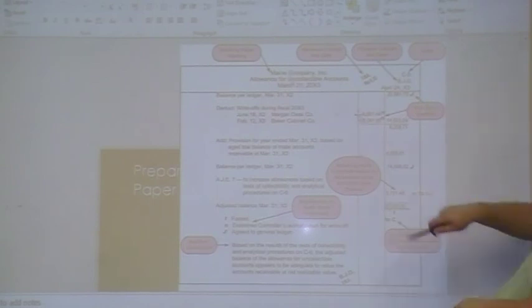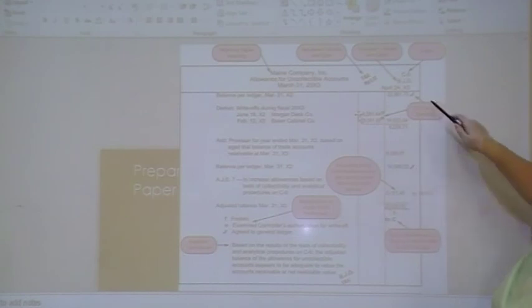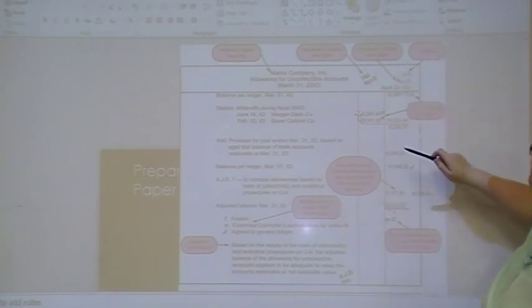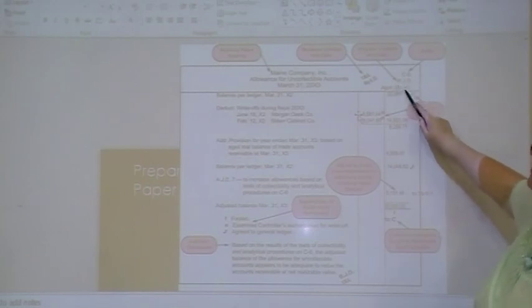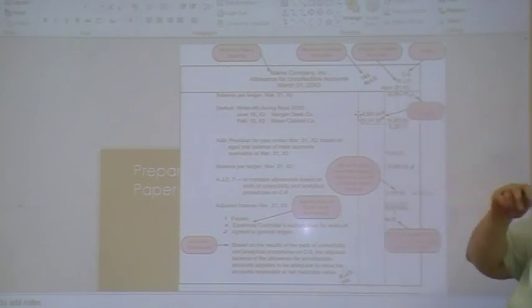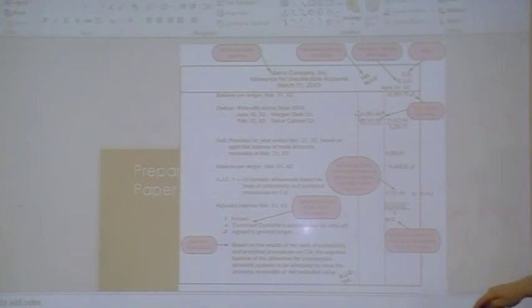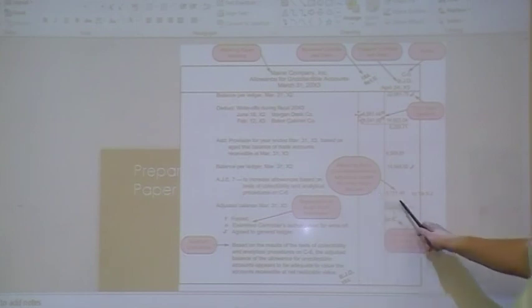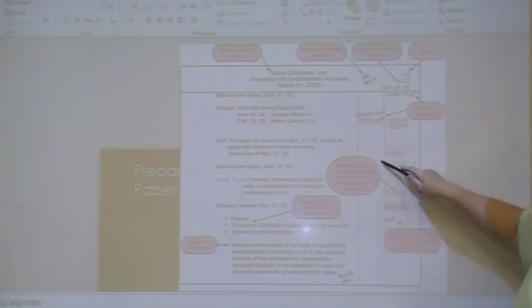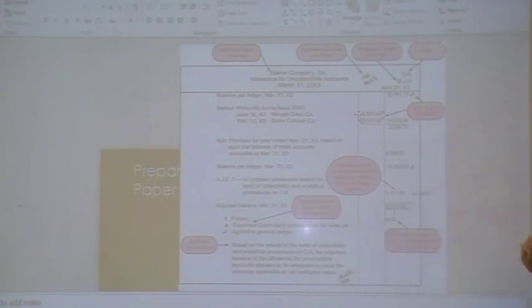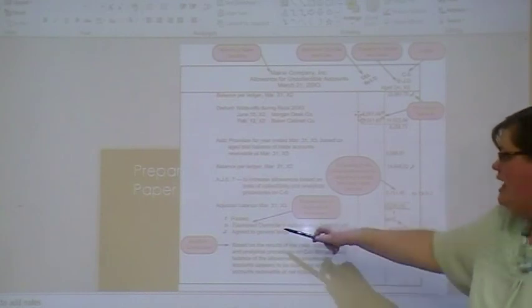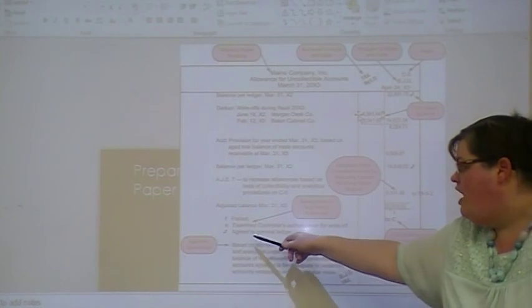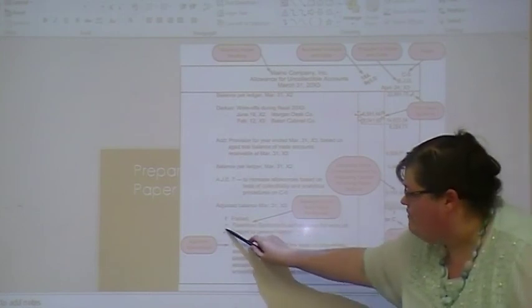Okay, so you see, we're doing the audit of Main Company Inc. And you see here, index number C5, prepared initials and date, so whoever prepared it and the date. Tick and mark, so you have a little ticking scheme. I usually do an X and a little circle inside it to show that I've actually ticked it and it's balanced off with something. Adjusted entry, cross-reference to adjusting entries, working paper. So when you did your entry here, there was something wrong, and you actually had to go back to a working paper and redo it. Explanation of audit work performed: examine the controller's authorization for write-off. Agree to general ledger. See the little ticking system you have here in place.